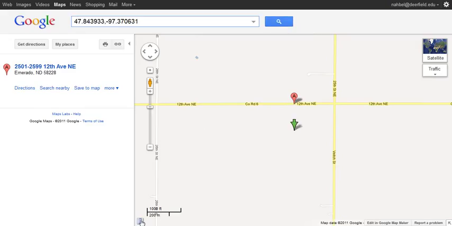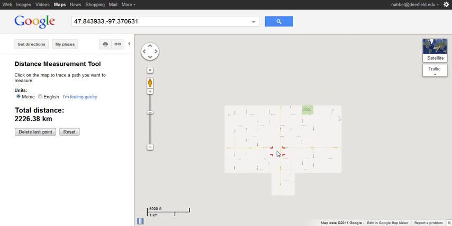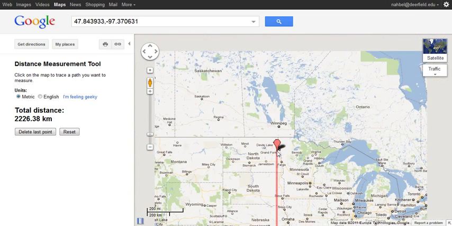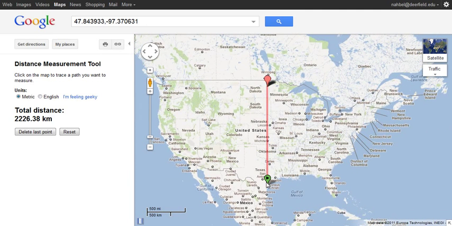I'm going to click on this distance measuring tool icon. It brings it back up, and click here again, and it tells me how far apart those two spots are. When I zoom out, I can see from a larger picture that I'm measuring as the crow flies north-south, that distance, which is this much right here,